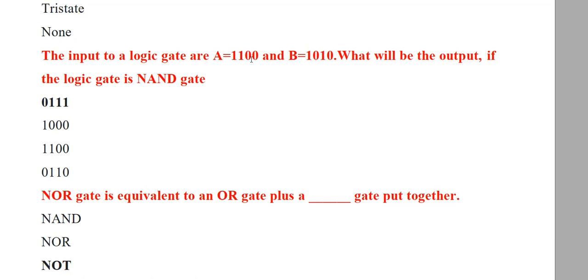Next 0 1. So again for 0 1, the output is 1. Yes, 1 0. Again for 1 0, the output is again 1. Next, last case, MSB bit you have to consider 1 1. For 1 1, we know the output is 0. So the correct answer we get is 0 1 1 1. So 0 1 1 1 is the correct answer.